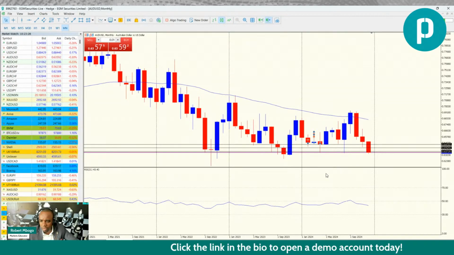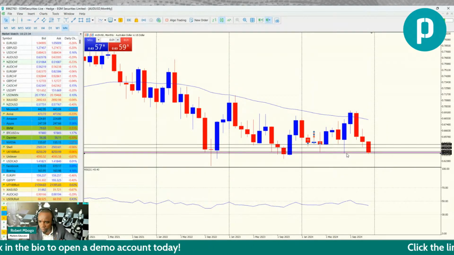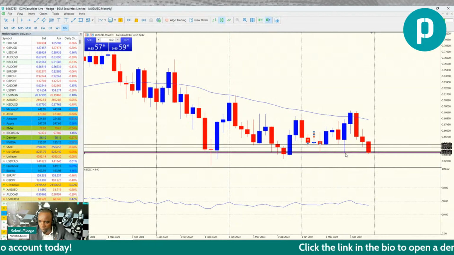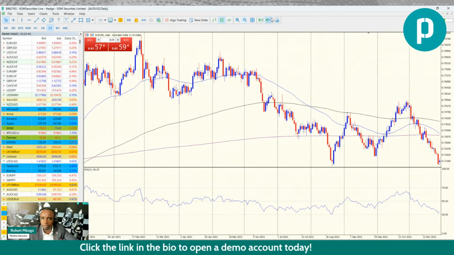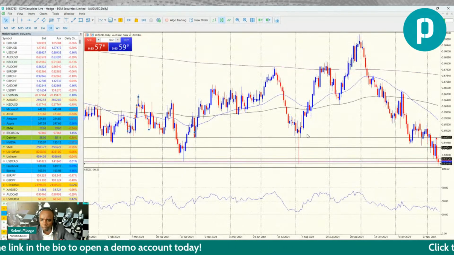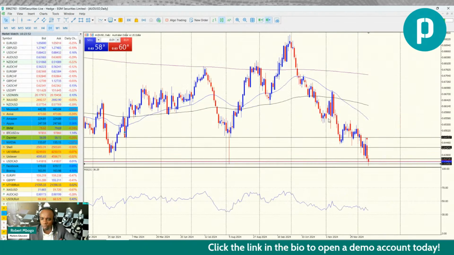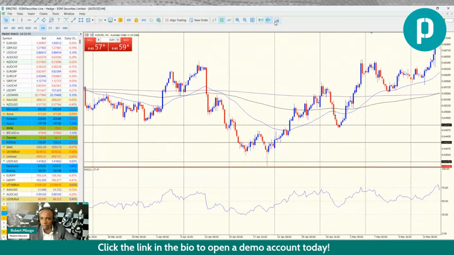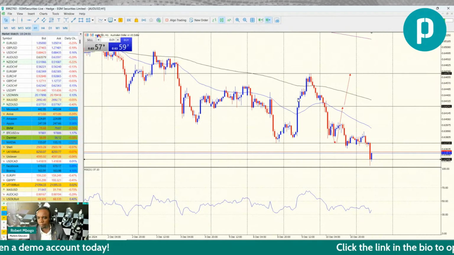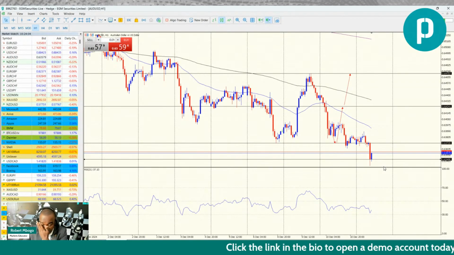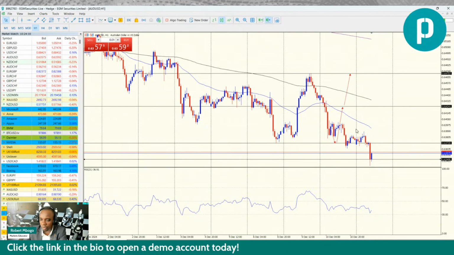So AUD USD has tested the yearly low. So this is the yearly low, which we've seen was in the month of, was it August? This month, yeah, this low, it was August. So we can see that the yearly low has been tested and then buyers have stepped in, right? So I would want to see whether this trade will come back to test this area.